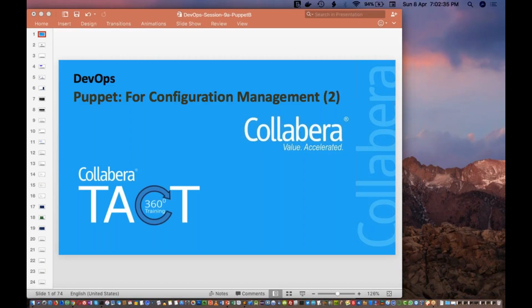So a good knowledge of the tools that we are taking in this particular course will be very helpful for you in your DevOps journey. All the tools that we are showing here can be used with AWS instances. So a basic understanding of these tools will help with your DevOps journey.